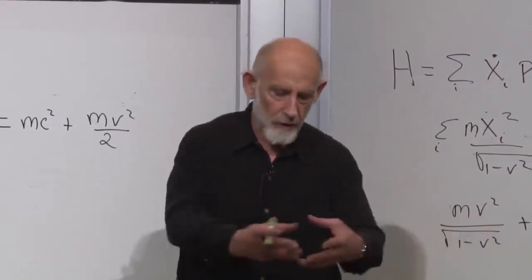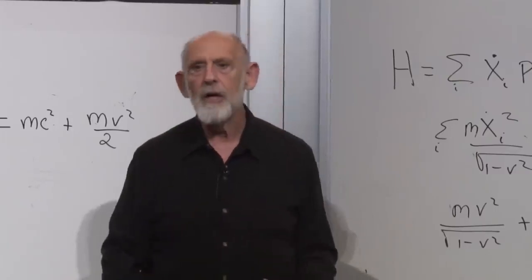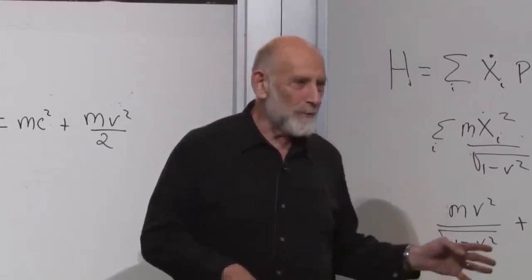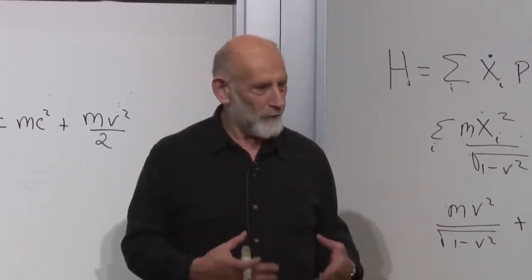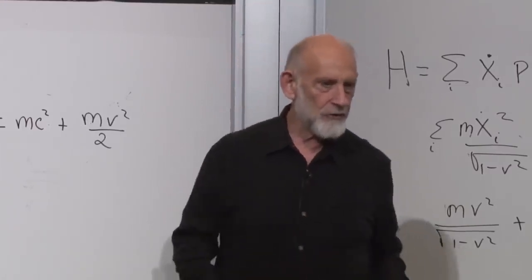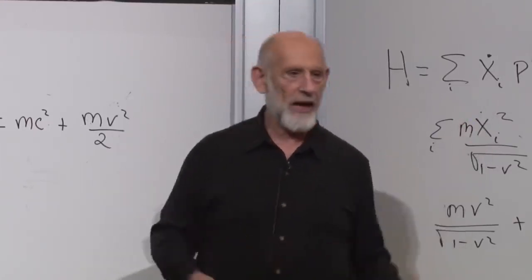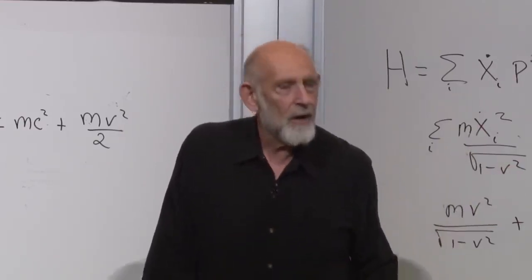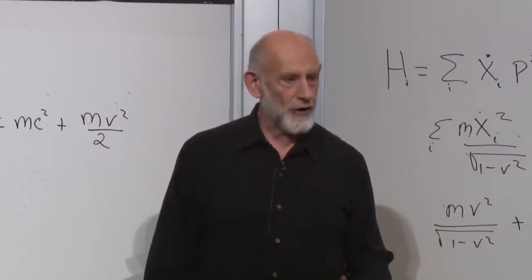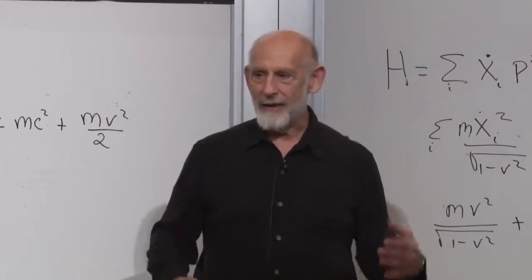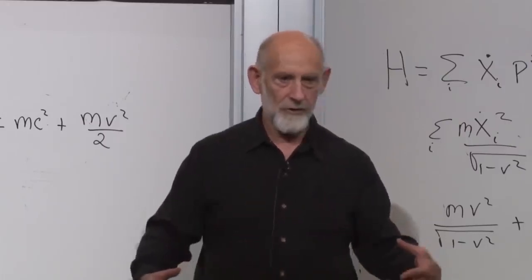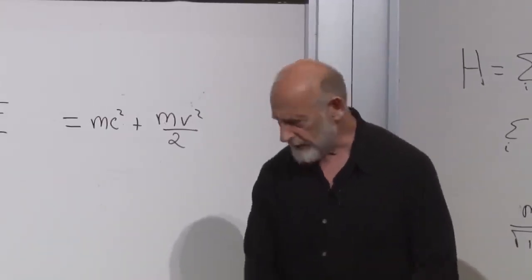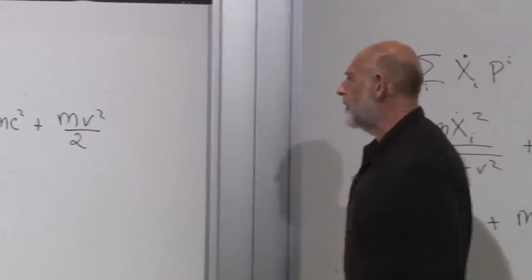He asked himself, in a collision of objects of various kinds, he worked a little bit differently. He didn't know about Noether's theorem. He had to work from the ground up, so to speak. He talked about collisions of objects. Objects come together, break up and scatter and go flying off. And he said, look, I know that the momentum is conserved. What do I have to think of as the energy in order that the energy and momentum together would form a complex that would be conserved in any frame of reference? We've short-circuited that and found the formula for the energy